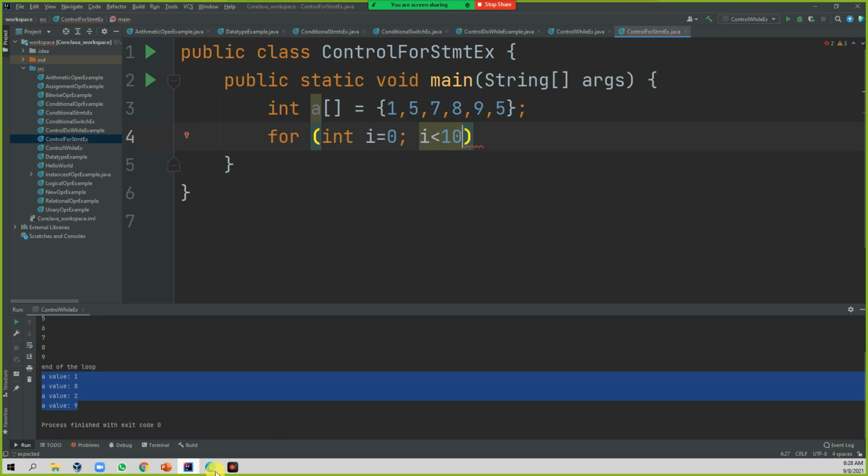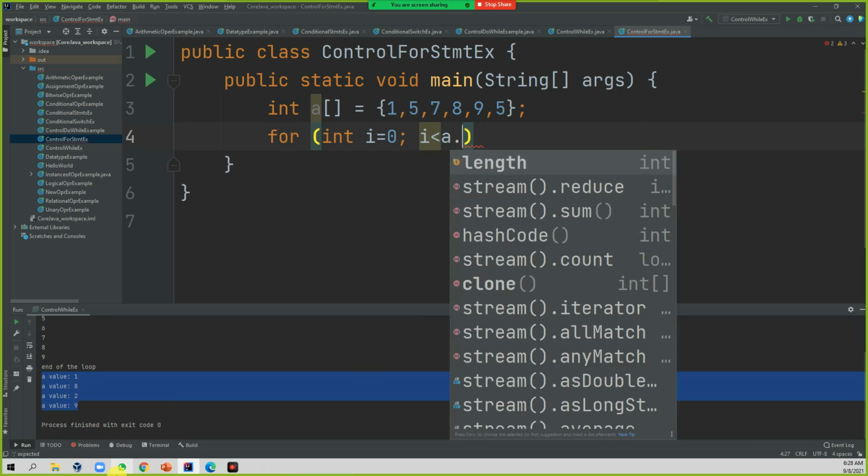Here the array size is 6, that means 6 elements are there in the array, but you are telling it to repeat my loop 10 times. That is not the correct way. Whatever the array size you have, that size you need to put in the condition.